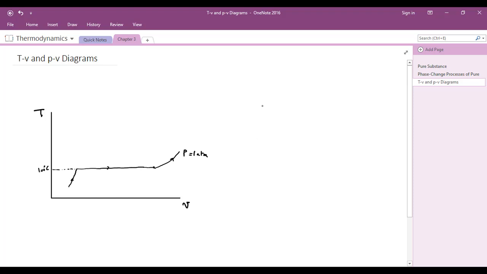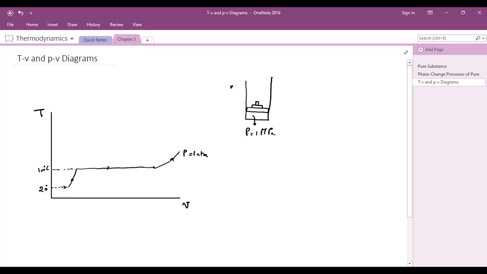So if we need to repeat the same process but with a higher pressure, let's say we repeated the experiment in the piston cylinder assembly, but now we added weights on the piston until the pressure here, let's say, is 1 megapascal. And if we want to start at the same temperature of 20 degrees and at a higher pressure, the specific volume now will be less. So due to compression, the specific volume will be smaller than the specific volume when the pressure was 1 atmosphere. So as heating starts,